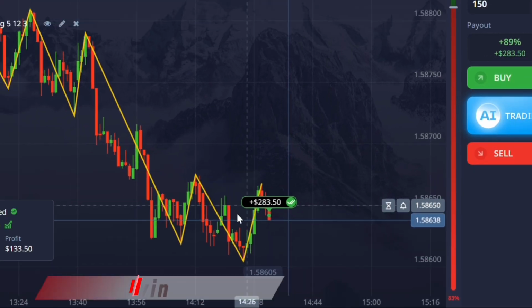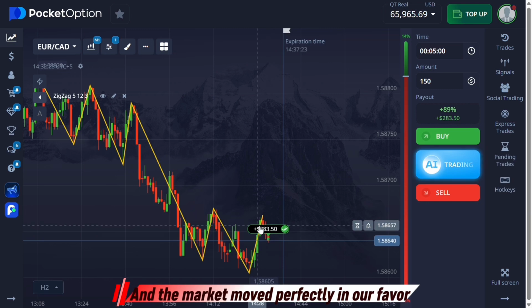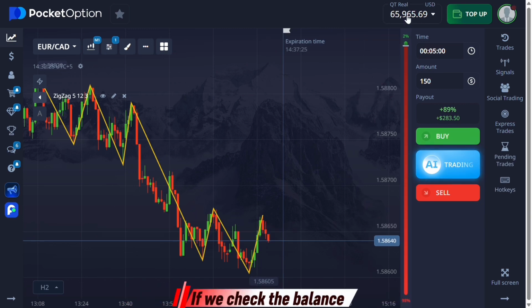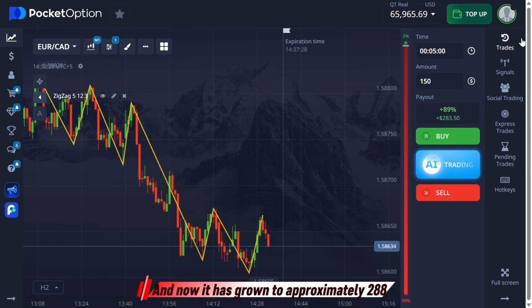As you can see, this trade was a clear win. It was taken on the EUR CAD pair, and the market moved perfectly in our favor. If we check the balance, we started with around 150, and now it has grown to approximately 288, which is